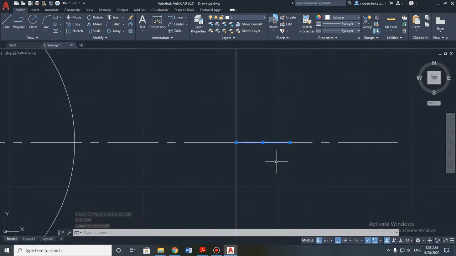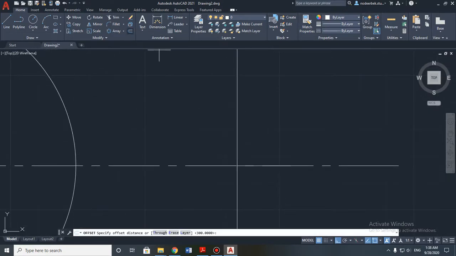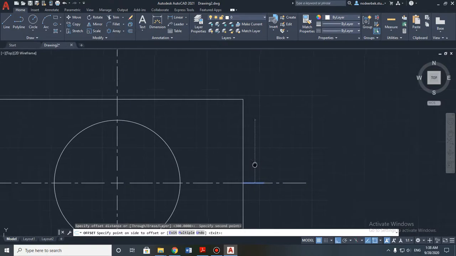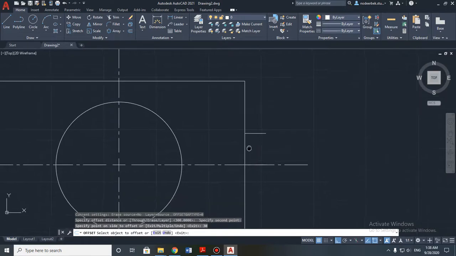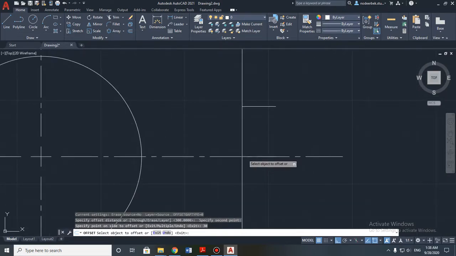Line. You need to choose 2 points, I think, and then the distance is for upside 30, and then you can just